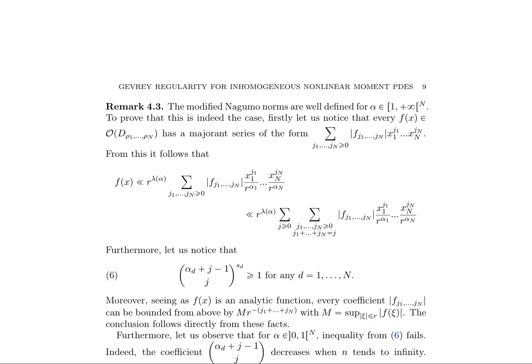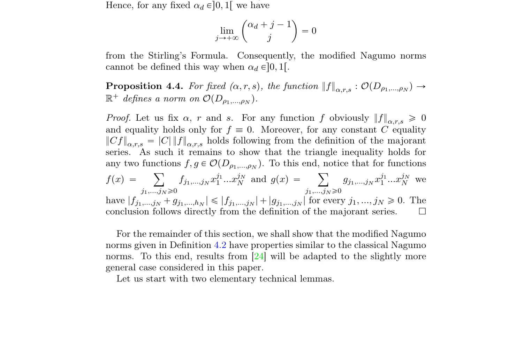the properties and applications of modified Nagumo norms. These norms are defined as a generalization of classical Nagumo norms, with the introduction of a new parameter alpha. The modified Nagumo norms have been shown to be well defined and to possess properties similar to the classical Nagumo norms, such as the triangle inequality for the product of two functions. This is demonstrated through several lemmas and propositions, including the adaptation of a result from [24] for the product of